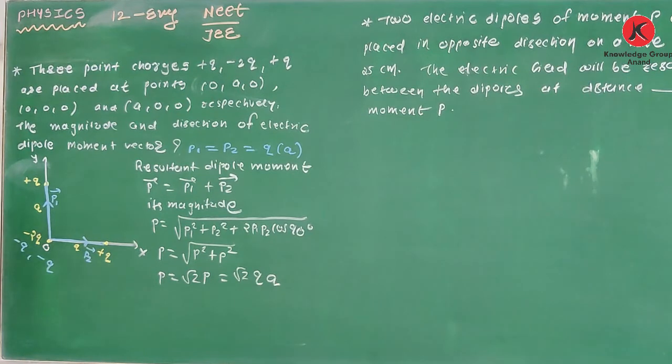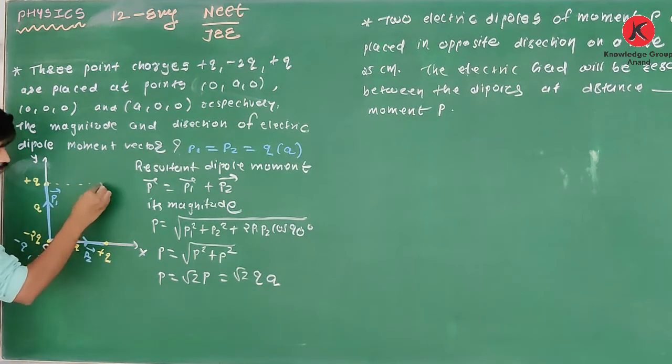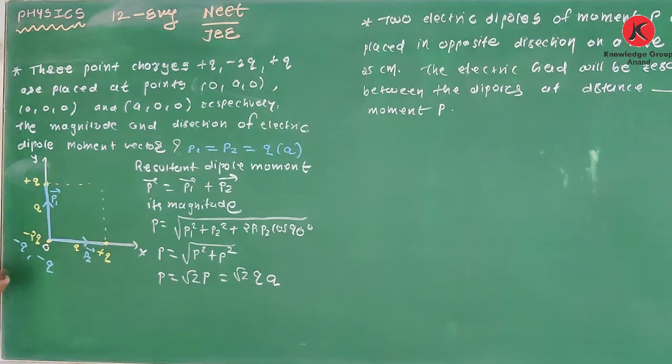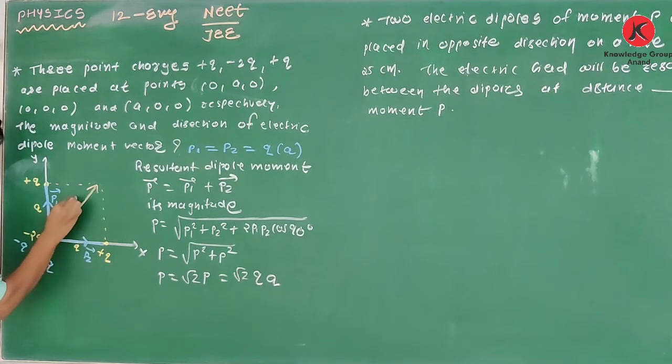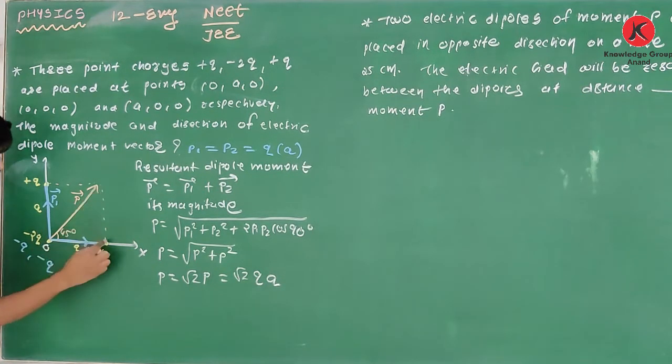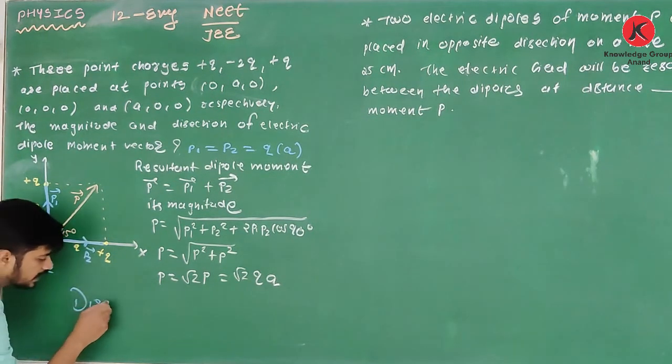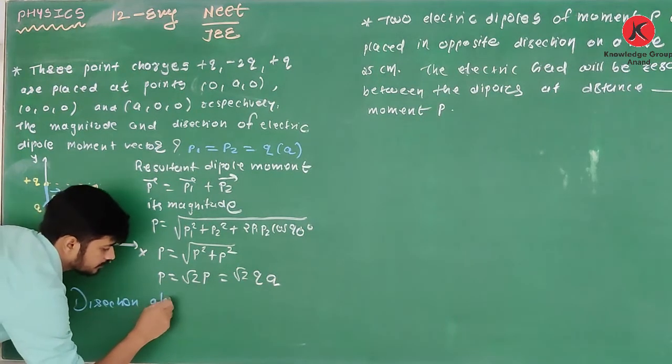Now what is the direction? Yes, according to the law of parallelogram, if I complete the parallelogram, then the resultant vector, means the resultant dipole moment, is in this direction. Simple? Yes or no? It makes exactly 45 degrees with this x-axis. Or we can say it is on the line joining 0, 0, 0, and this point where the x component is A and the y component is A. So its direction, how to write its direction,